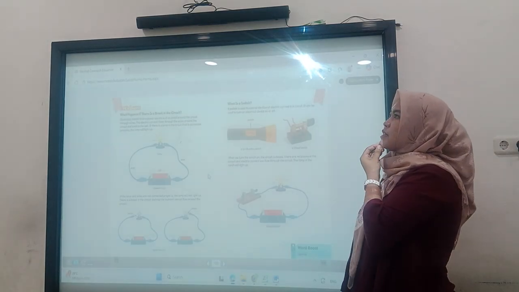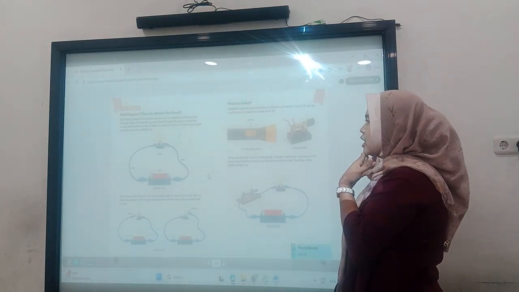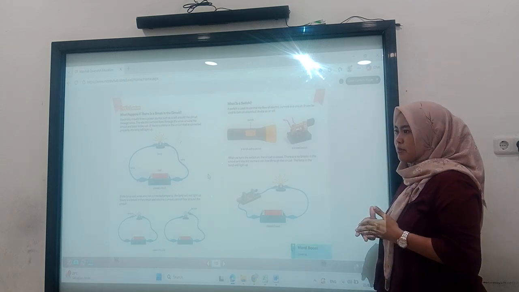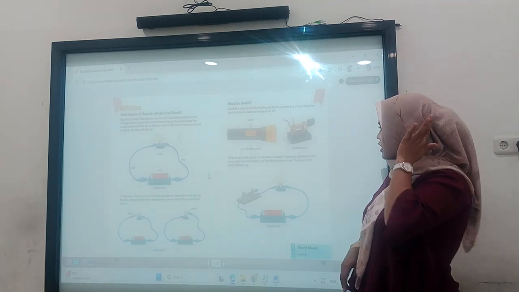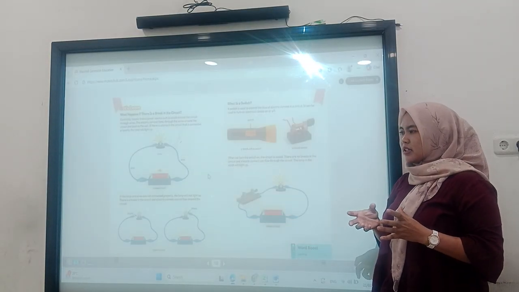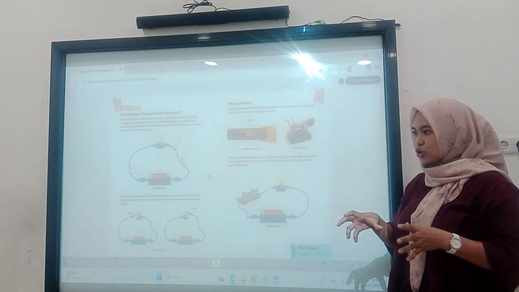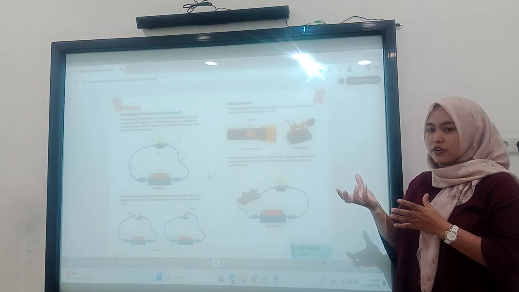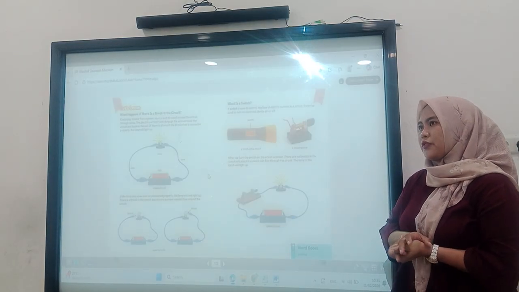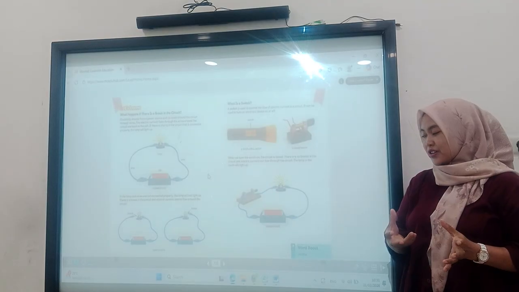The first is about the electrical circuit. In the past we have learned about electrical circuits, but this is the first time in science we learn about electrical circuits. So an electrical circuit is a component that we can use to make a light bulb turn on or off. And after that, based on your question,